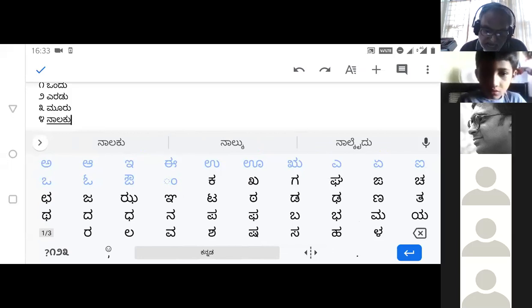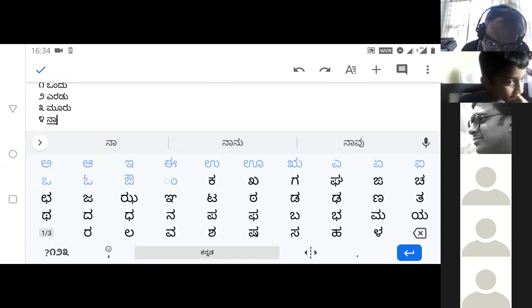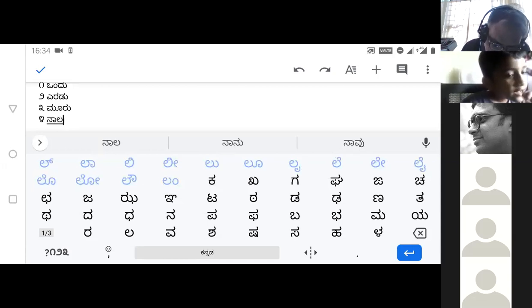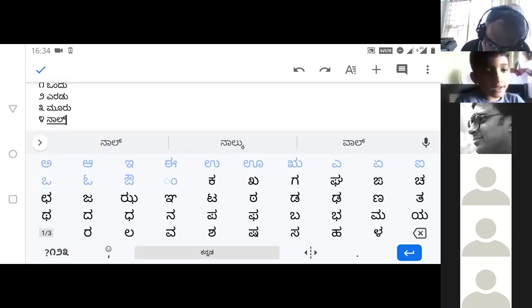It is ನಾಲ್ಕು, but it's usually written as ನಾಲ್ಕು. I'll correct it. La, half la, ka.